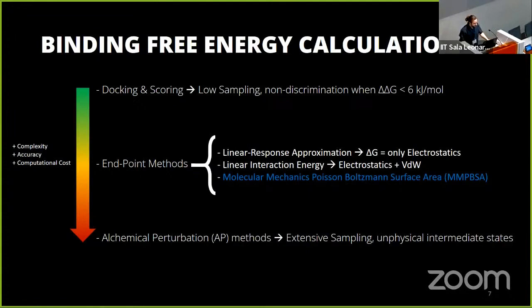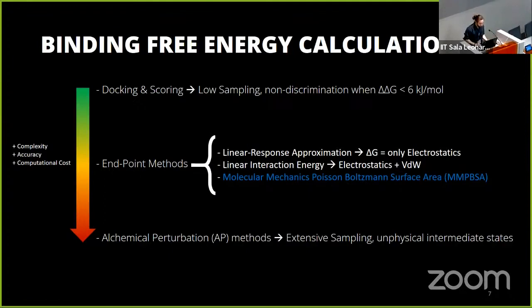So we ended up choosing one of the so-called endpoint methods, molecular mechanics Poisson-Boltzmann surface area methods, which I believe Robert overviewed a bit, or Christopher. Yeah. And we actually made a new implementation for it, which works in Gromos and Gromacs, where we run our